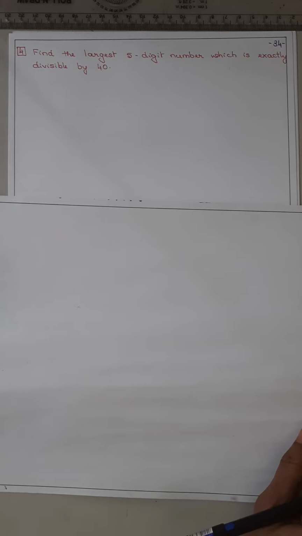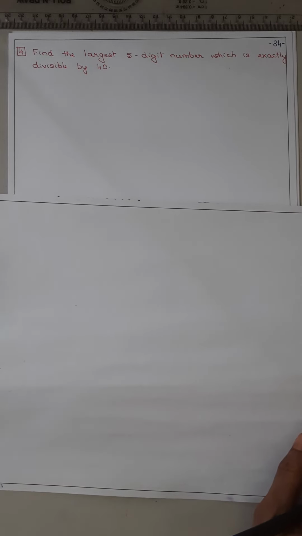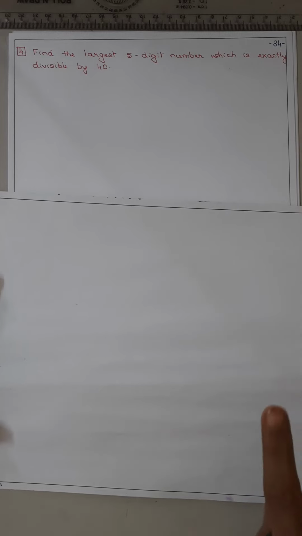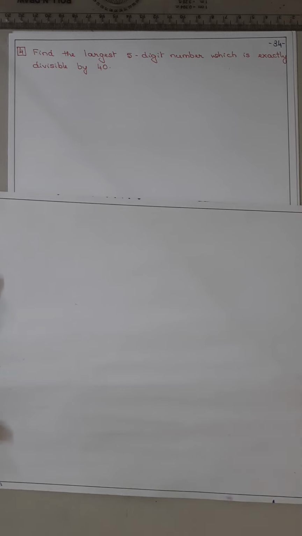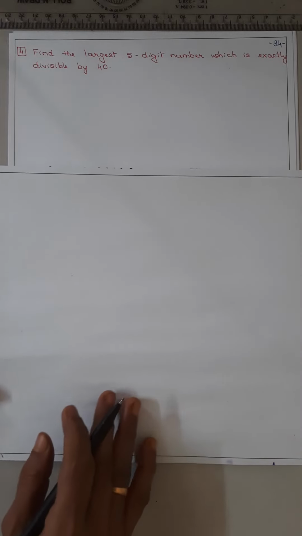तो इसके लिए हमें कौन सा मेथड यूज करने का है? सब्ट्रैक्शन. तो याद रखो, द लार्जेस्ट पूछेंगे तो आप लोगों को सब्ट्रैक्शन करने का, द स्मॉलेस्ट पूछेंगे तो एडिशन करने का है. ठीक है, दो मेथड है, विच इज द नंबर टू बी सब्ट्रैक्टेड, विच इज द नंबर टू बी एडेड. तो लार्जेस्ट नंबर पूछेंगे तो सब्ट्रैक्शन मेथड यूज करो, स्मॉलेस्ट पूछेंगे तो एडिशन मेथड यूज करने का है.